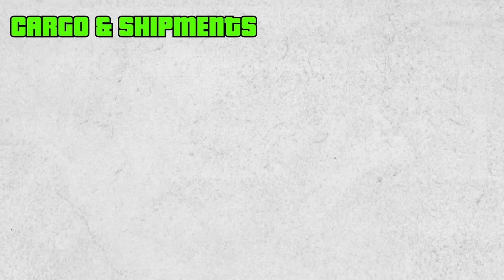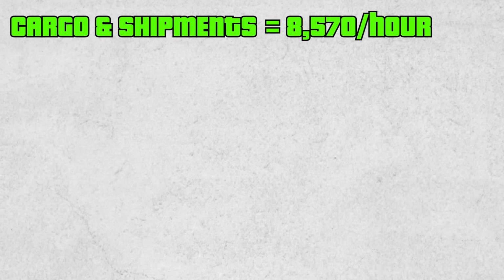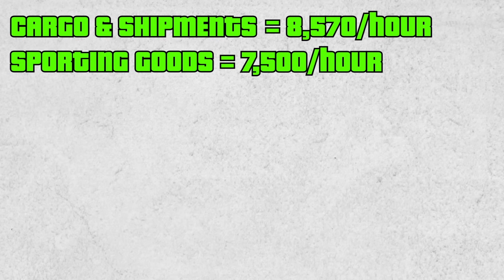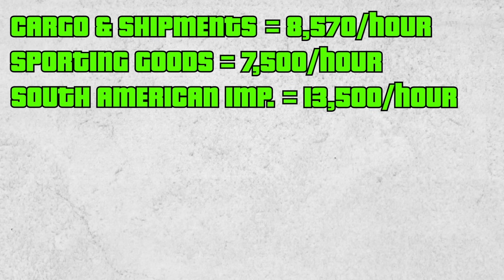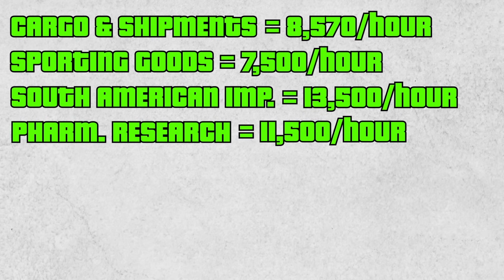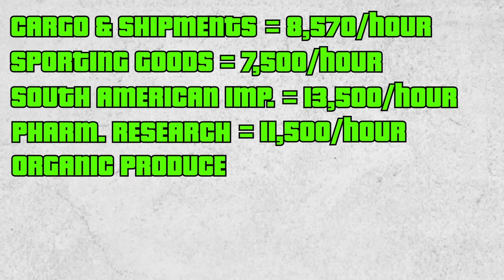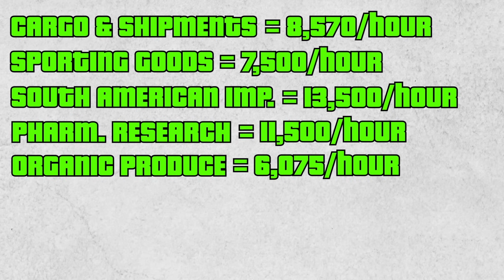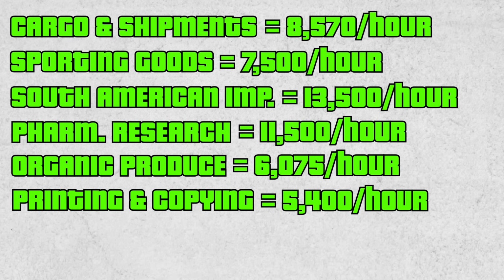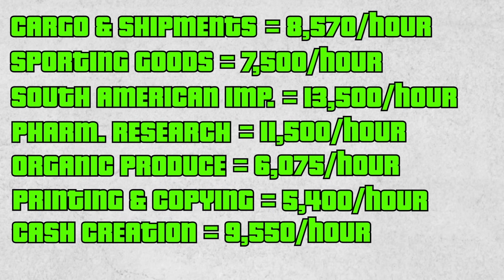Cargo and shipments will pay you $8,570 an hour. Sporting goods will pay you $7.5K an hour. South American imports $13.5K an hour. Pharmaceutical research will pay you $11,500 an hour. Organic produce will pay you $6,075 an hour. Printing and copying will pay you $5,004 an hour. And cash creation will pay you